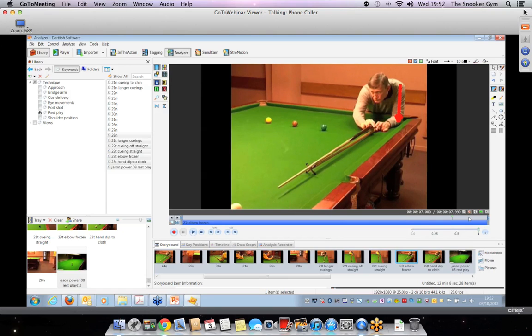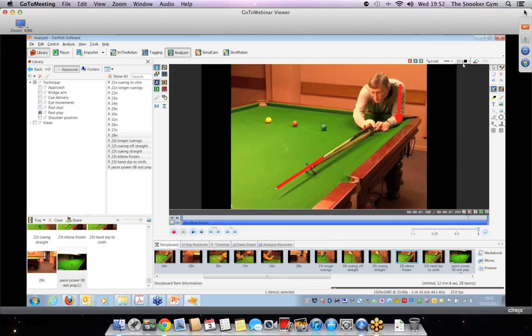You can see here, though, that the grip hand has almost collapsed onto the rest itself. So we've got very little distance indeed to the rest, and this is common as well, because the weight of the rest and the weight of the arm want to go towards the table with gravity. So it is easy to allow the cue to drop as it's going through, and the issue with that, if you look at where the tip finishes here,